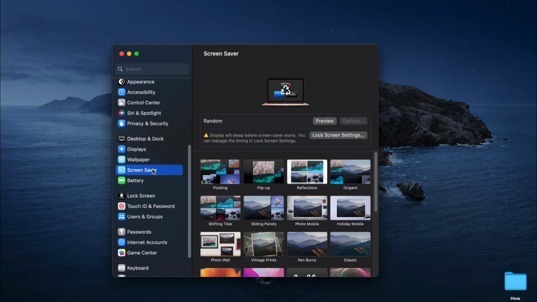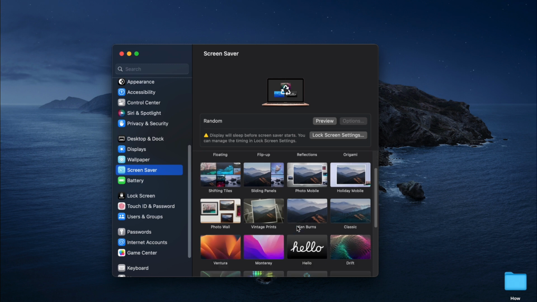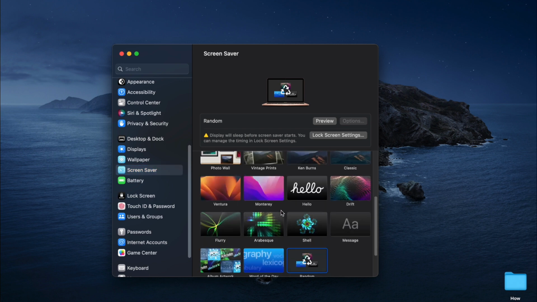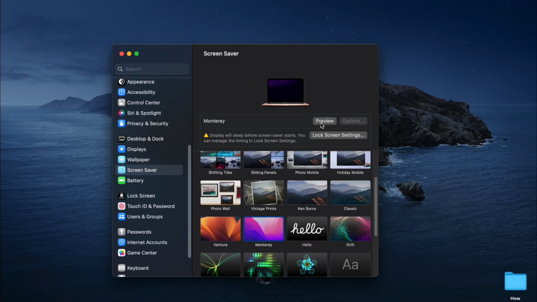From the options below, choose the source for your wallpaper like floating, flip up, reflections, and random if you have a folder full of pictures. Just click on the wallpaper you want to use and it will be previewed in the window at the top